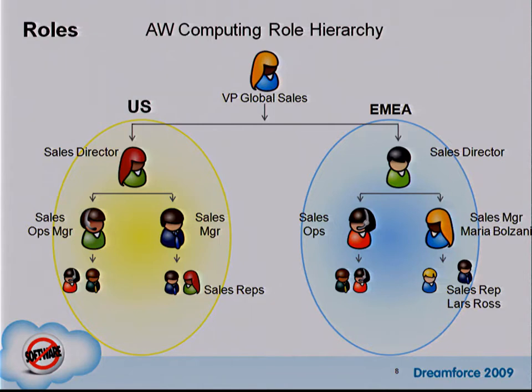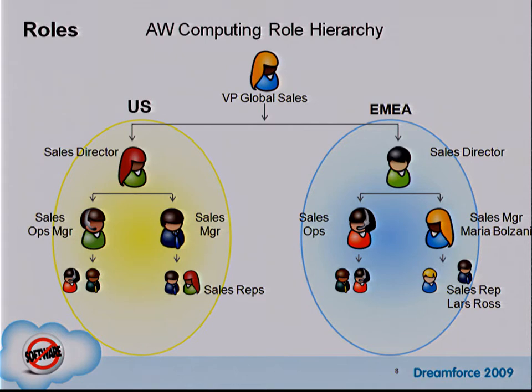So if we take a look at our role hierarchy here, we can see that at the very top we have our VP of Global Sales. And reporting into the VP of Global Sales, we have a US region and an EMEA region. In the US region, we have a US Sales Director. Reporting into the US Sales Director, we have a Sales Operations Manager, a Sales Manager, and reporting into the managers,